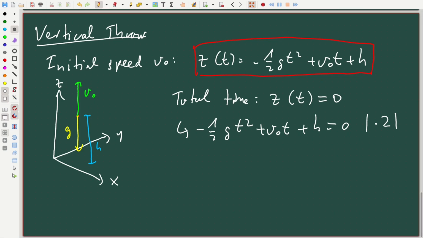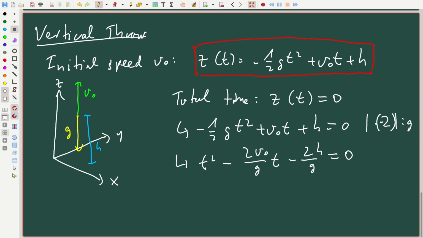Yes, and also divide by g, and we also have to multiply it with -1, so we can directly multiply it with -2. So when we do this, it actually turns out that this results in t square minus 2v0 divided by g times t minus 2h divided by g is equal to 0. So now what we have to do,